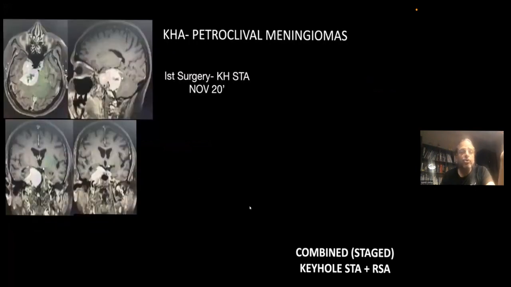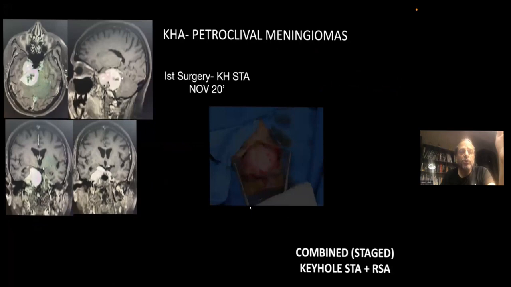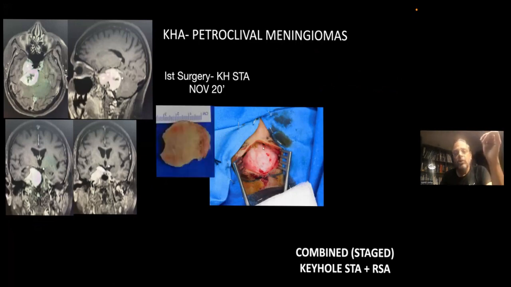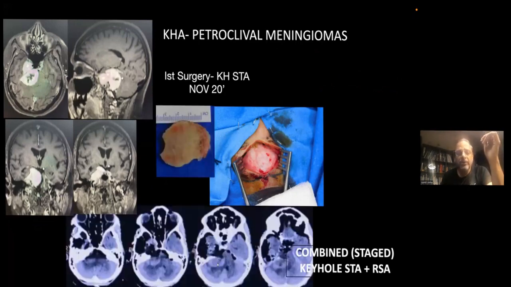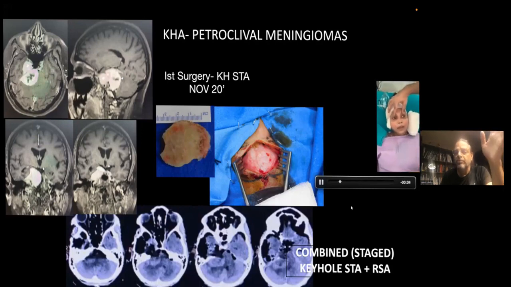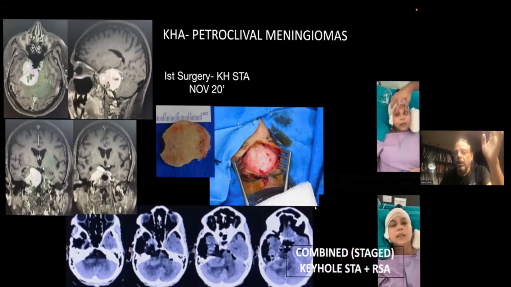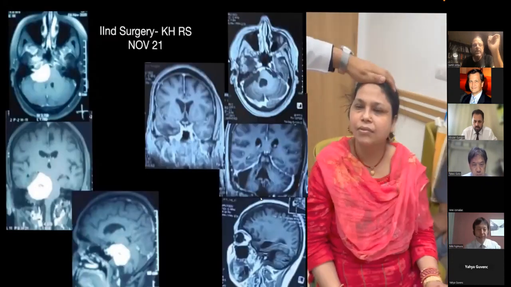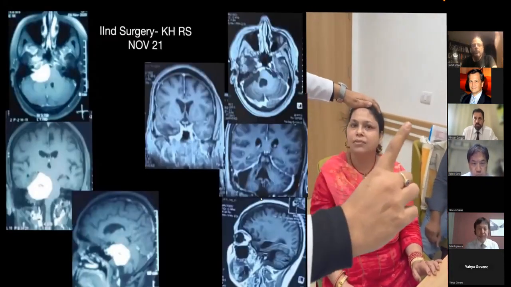Another such tumor going into both the middle fossa and the posterior fossa. This beautiful lady came to me in November 20. We chose the keyhole subtemporal approach, and this was the end result. And then this was after a year. This was after the first stage, intact eye movements of the patient, and slight droop improved gradually after the 6th month. And then this lady came to me after a year for follow-up,